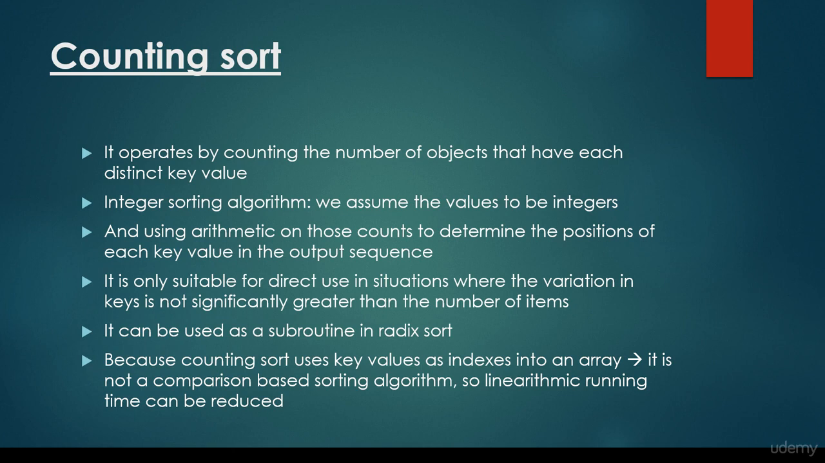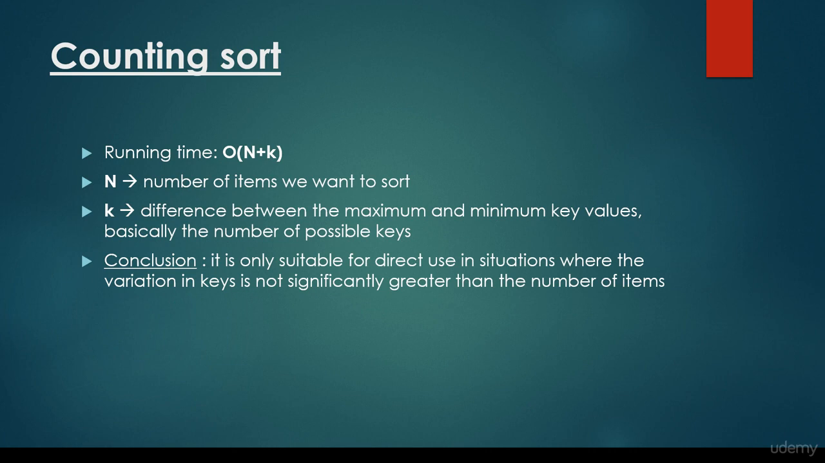It is only suitable for direct use in situations where the variation in keys is not significantly greater than the number of items. It can be used as a subroutine in radix sort. And because counting sort uses key values as indices into an array, it is not a comparison-based sorting algorithm, so the running time can be reduced to linear running time. So the running time is going to be O(n + k), where n is the number of items we want to sort and k is the difference between the maximum and the minimum key values, basically the number of